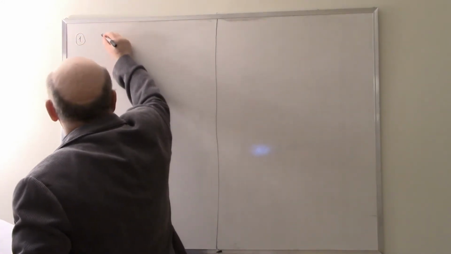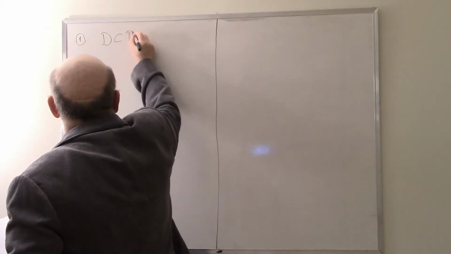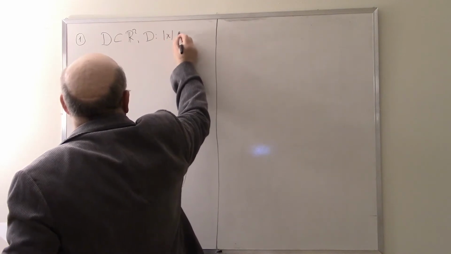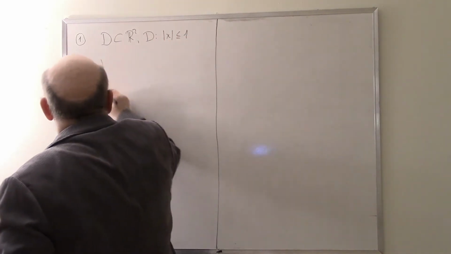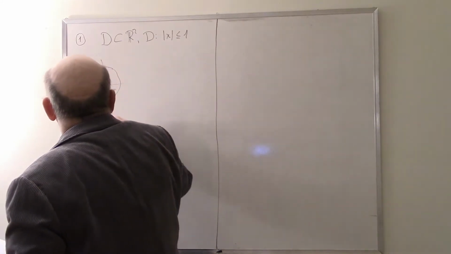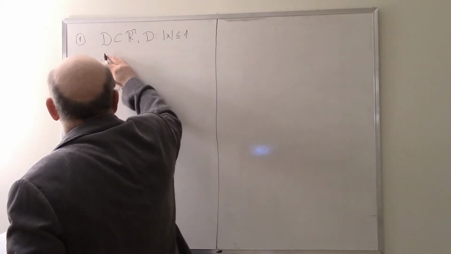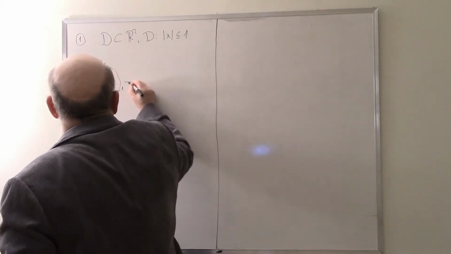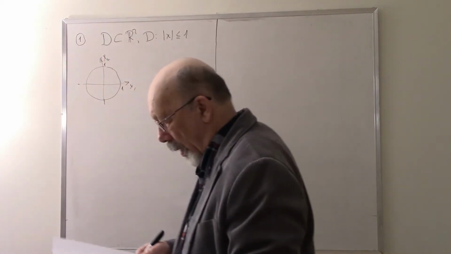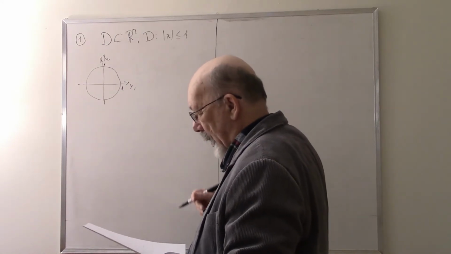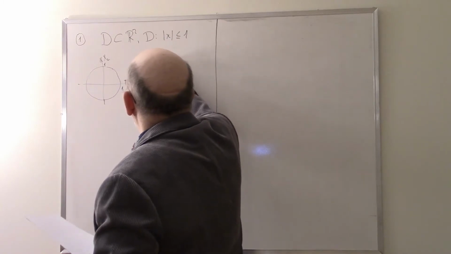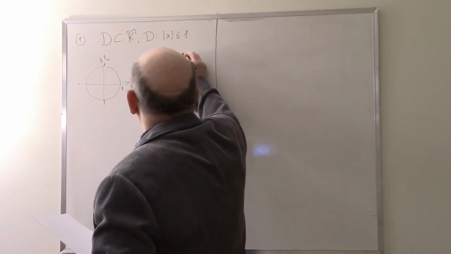Let D in R2 be the set x less or equal than 1. This is D. X1, X2. So we are solving the equation Laplacian u equals 0 in D,